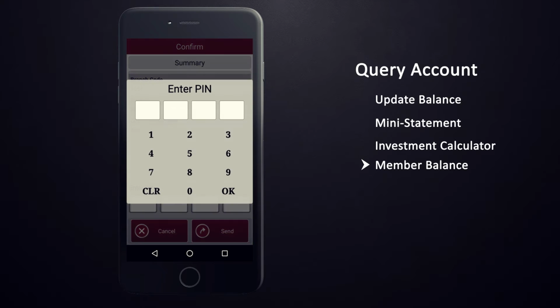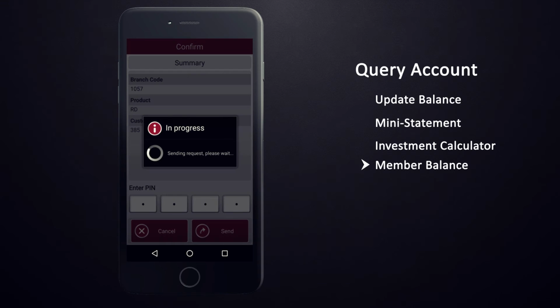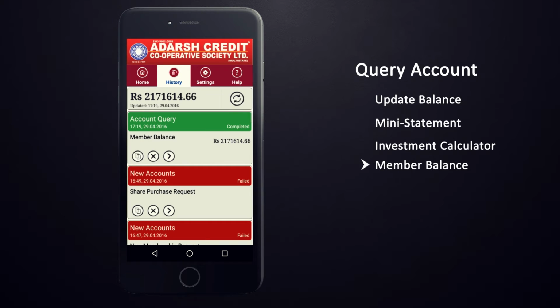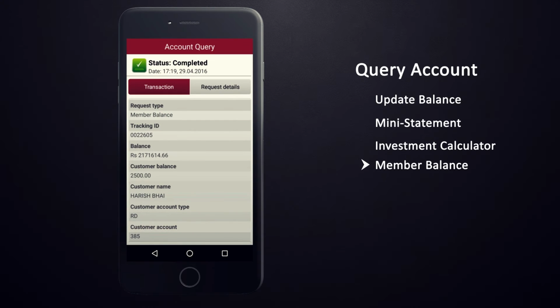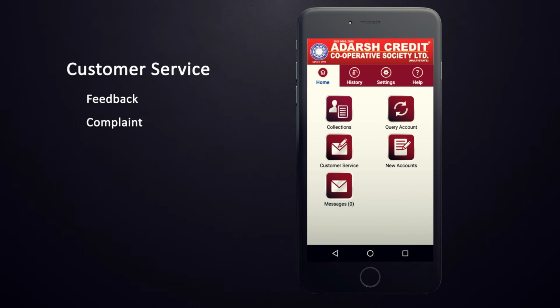Enter your advisor PIN code to confirm the transaction. This will display the required details at History tab like member's name, balance, etc. For any suggestions or complaint related matter, you can use the Customer Service option. Tap to Feedback icon.